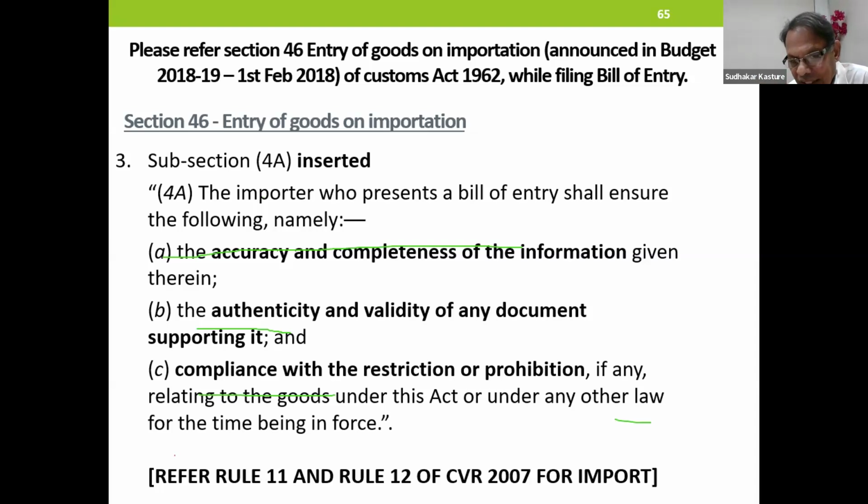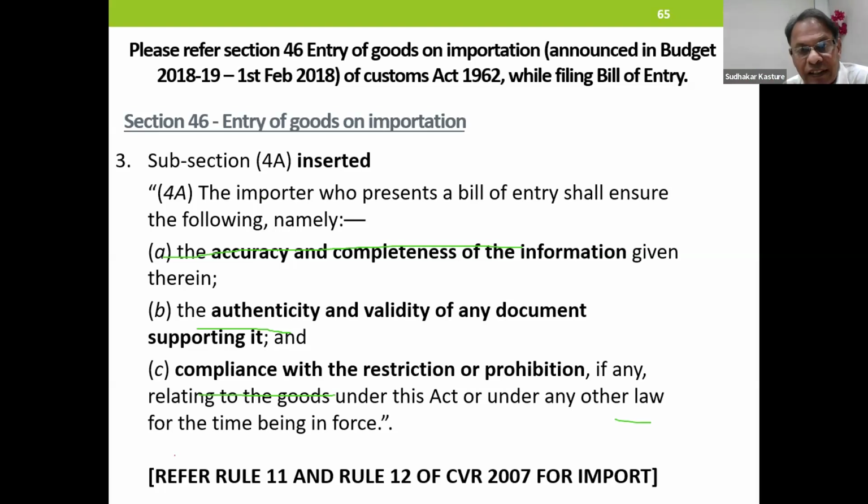In other words, compliance with restriction or prohibition relates to FTP, licensing, authorizations, authenticity and validity of any document, documentation, accuracy and completeness of information, whatever is required under Rule 11 or Valuation Rules 2007 in totality, you must be able to comply with. This is the responsibility enforced, because the wording used is ensure.